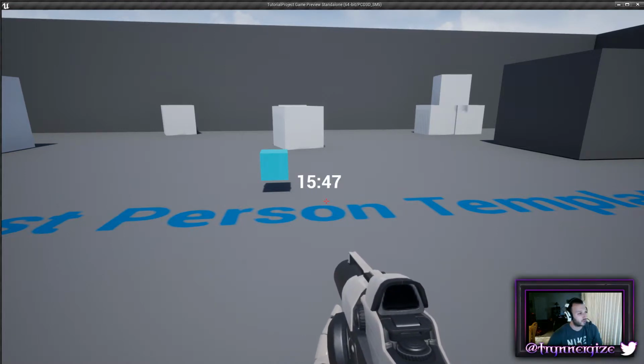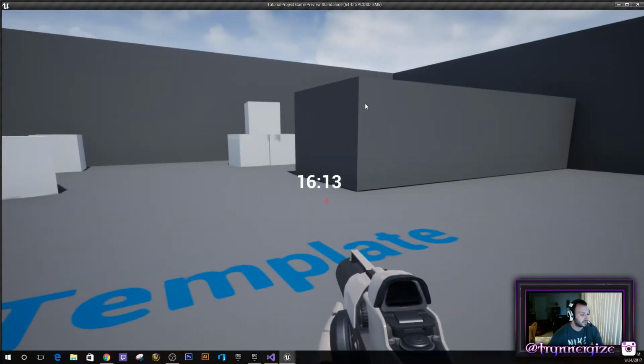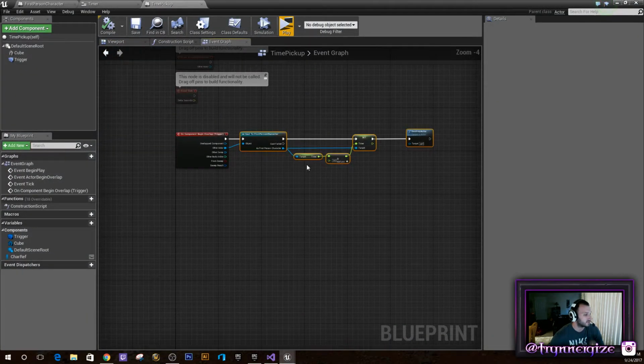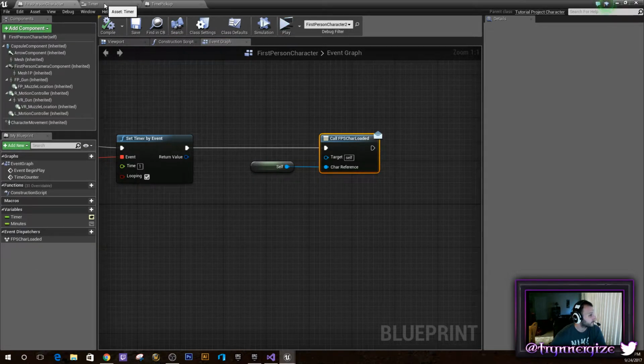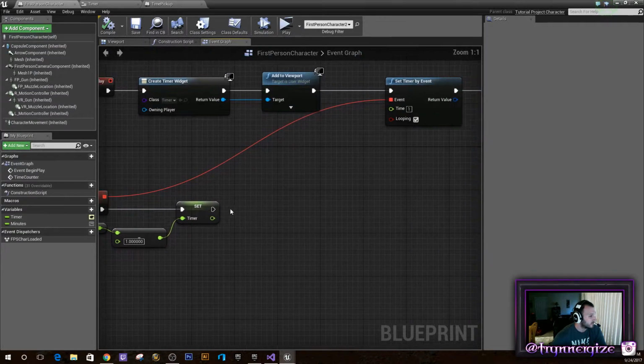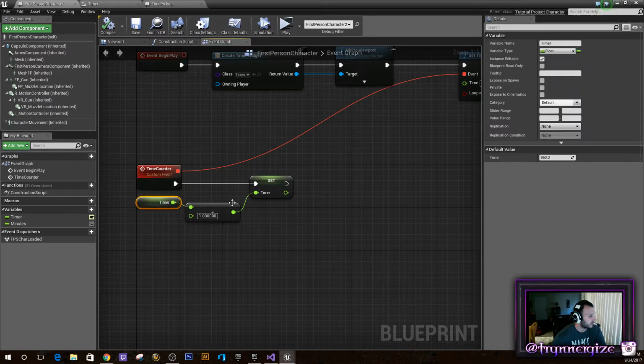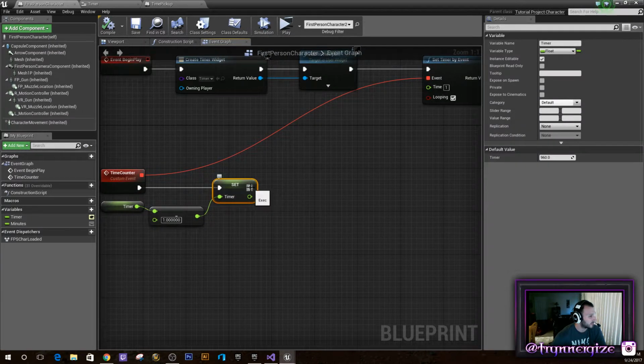So it's quite nice. And I can just sit there and have my timer. And then I can have it to where, this is the other cool thing. So this is what I was going to show you. One more thing. On the first-person character, when you set this event right here, you can have it check, and you can say counter timer, right? Counter -1 timer, and you can say, well,